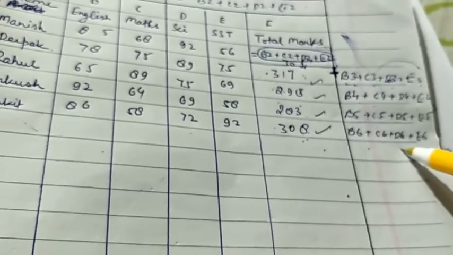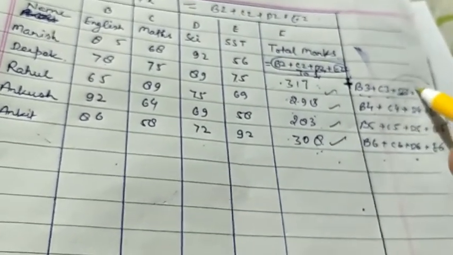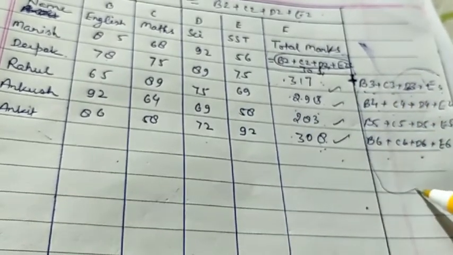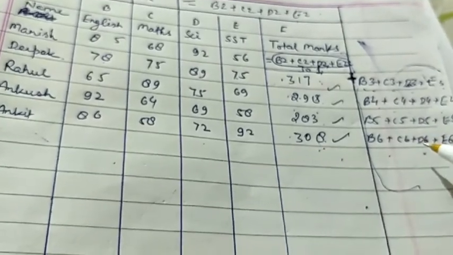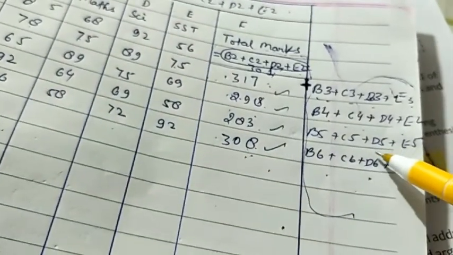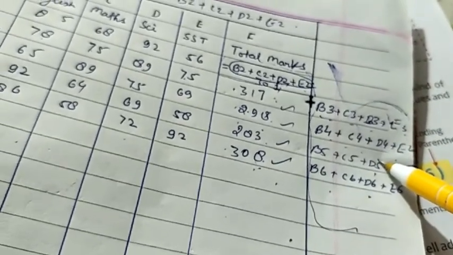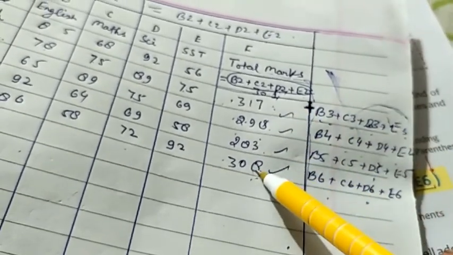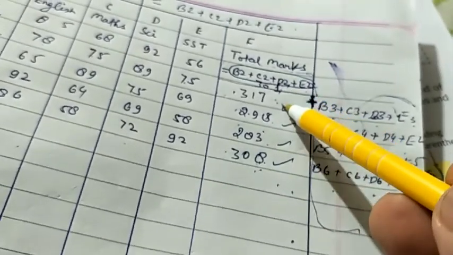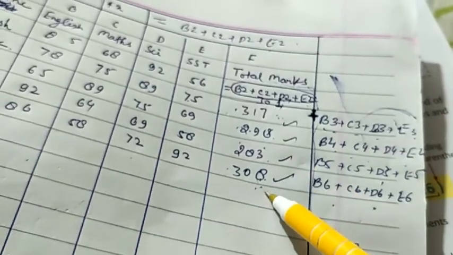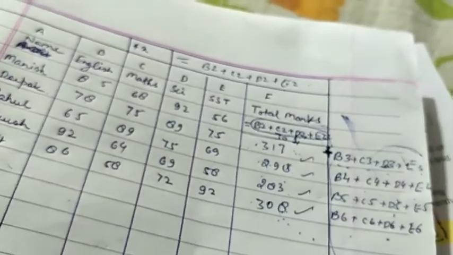That is the backend process. You will not see this one. I have written this one to explain the process of relative reference. You will not see this in MS Excel; you will see only the result. When you select this one and drag it, it will copy in other cells and the result will be displayed here. You will not see other things. So that is the use of relative reference.